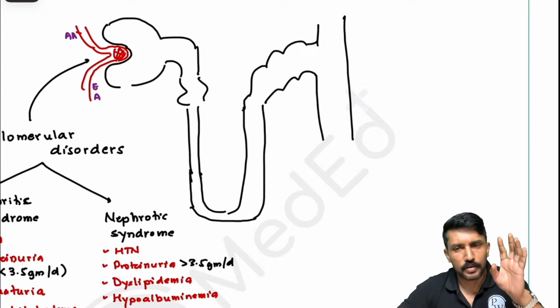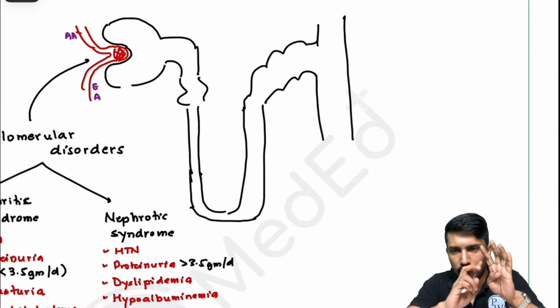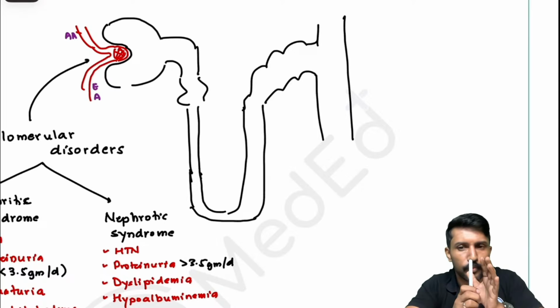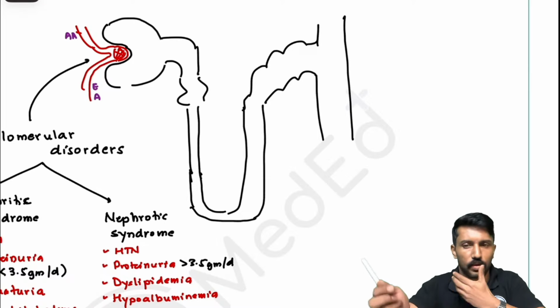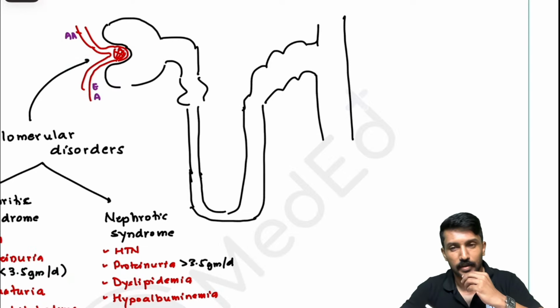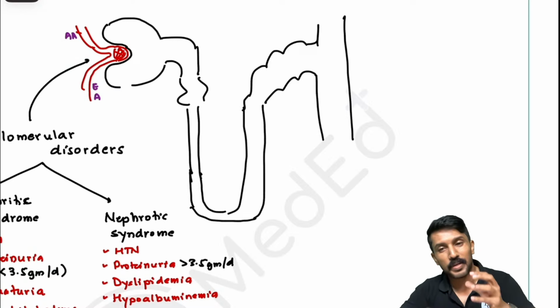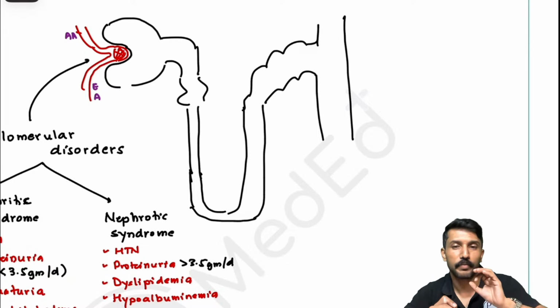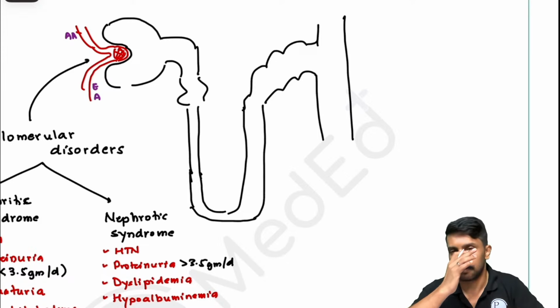Okay, so in the tubular disorders, renal tubular acidosis and the Bartter, Gitelman, and all those are important. I have addressed them in a Telegram discussion. So today, one more important thing that I want you to know to get into the examination hall is the kidney can also be damaged in an acute form, which is called pre-renal AKI and renal AKI. There they may ask you to differentiate between pre-renal AKI and